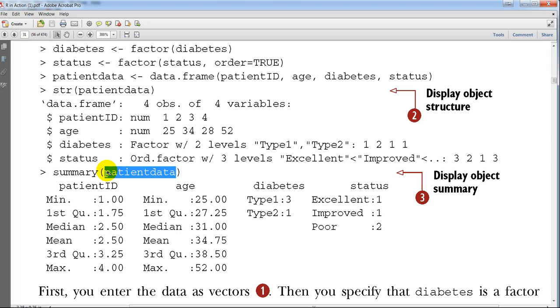And if you want the other things like the minimum and the maximum and the median and the first quartile and the third quartile, which you might know from your statistics class, you can get that for patient ID and age. For diabetes, you can just get the counts: there are 3 instances of type 1 and 1 instance of type 2, and there's